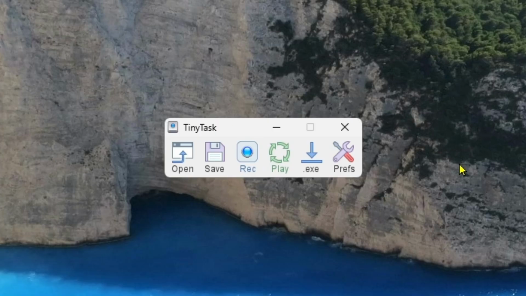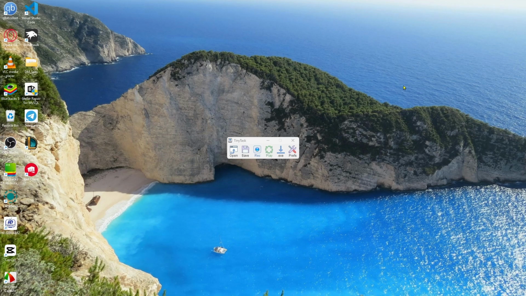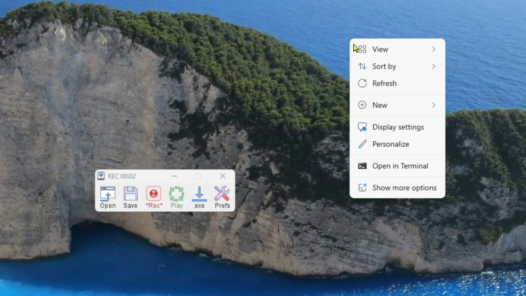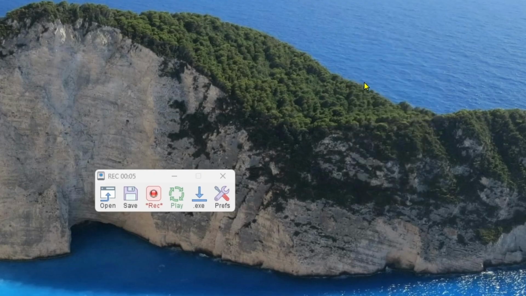As an example, when we turn on our computer, we need to refresh a lot of the time. It's sometimes boring, but if you refresh when you open the computer, it will help boost up your computer. So if I just use TinyTask to do this process automatically whenever I turn on my computer, what you have to do is just click on record, and now if you just refresh one time and simply click record done, and now click on play, as you can see,